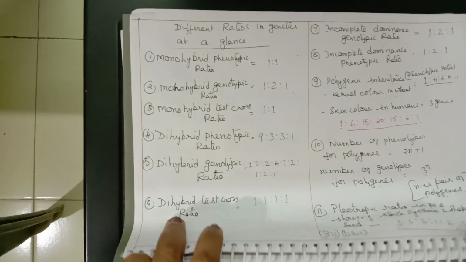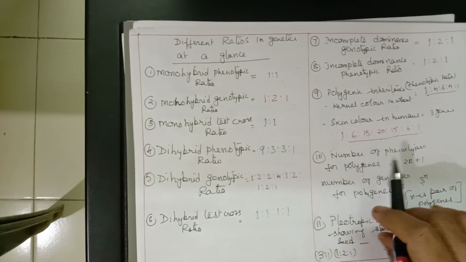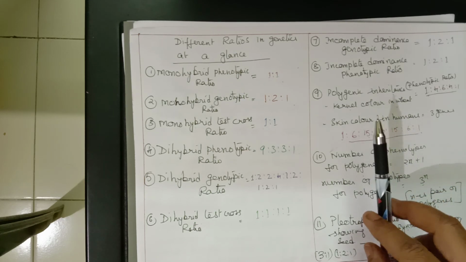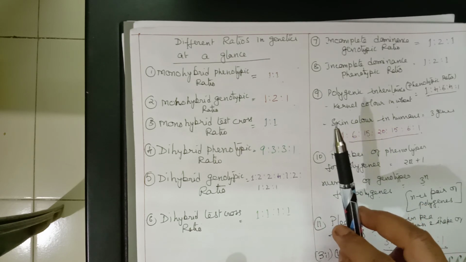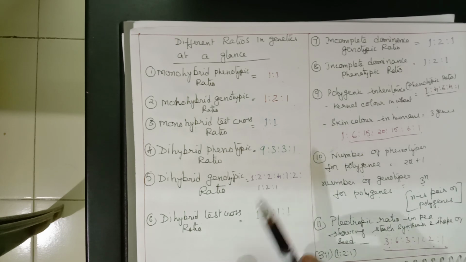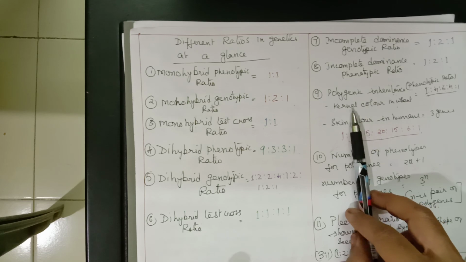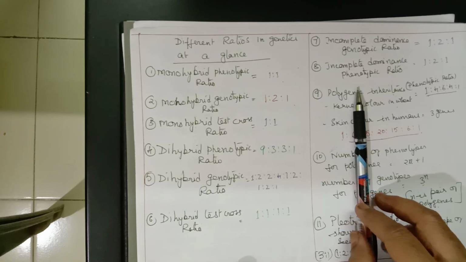Okay children, with this I close my session for today, though it is a slightly long session. I want all of you to go through each and every question. These are very important questions for your NEET, and they give a thorough understanding of this chapter, Principles of Inheritance and Variation. So thank you very much children. All the best for your exams. Study well.